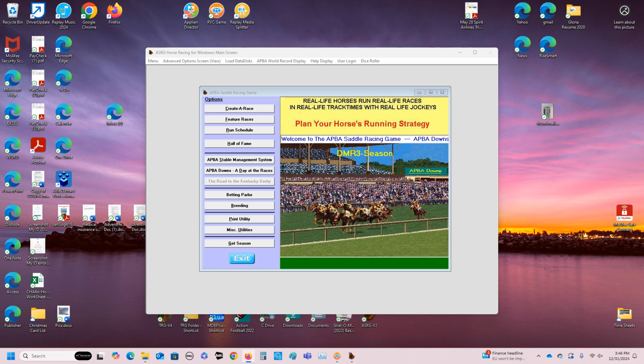Robert Mosher is the person that ran the race, and it used the APBA Saddle Racing board game. And from the notes here, it says it's APBA Saddle Racing, 9 legendary horses battle in the first Bay City